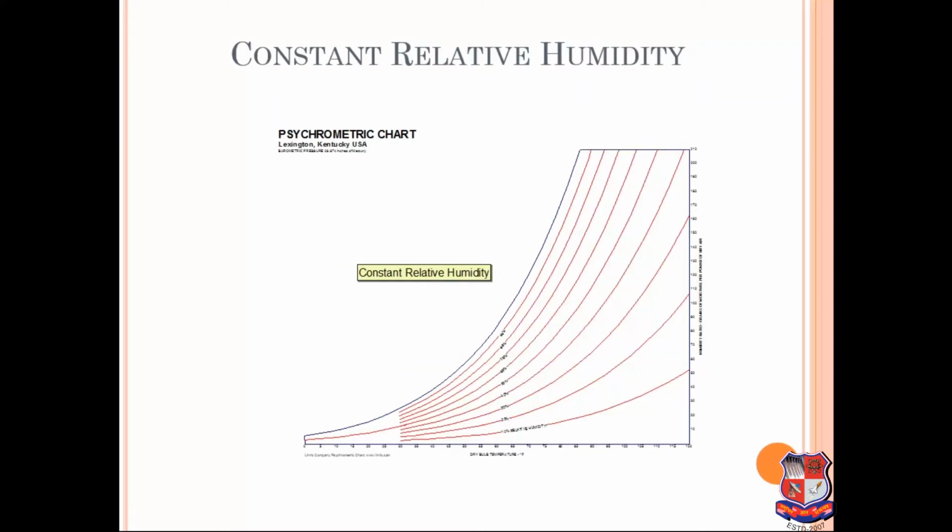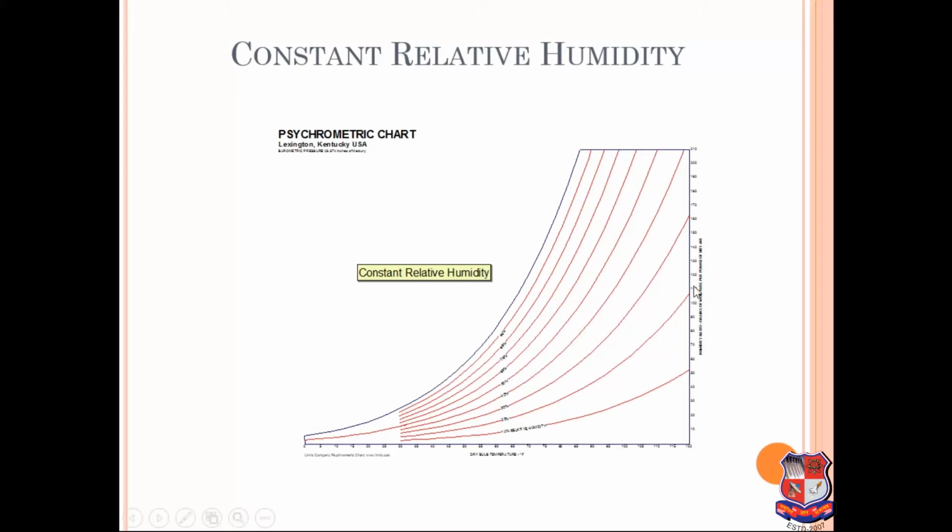Next is constant relative humidity. The chart becomes more complex as more lines are added. Another essential line is a constant relative humidity line. The primary use of the constant relative humidity line is to identify a point on the chart. A simple example is that if you raise the air temperature and do not add water vapor, constant humidity ratio, the relative humidity decreases. So, while the humidity is lower in the hottest part of the day, the moisture in the air has not changed.